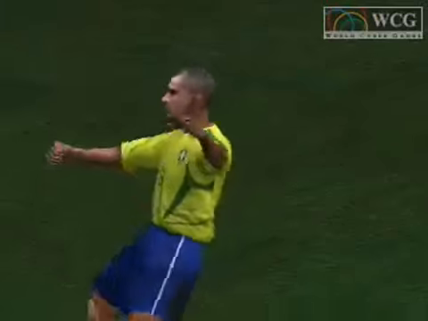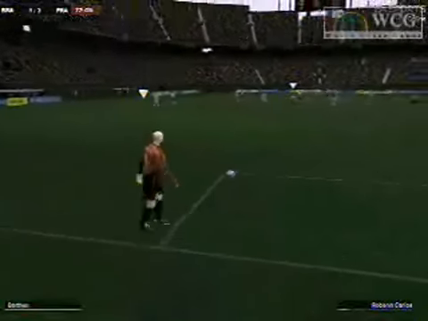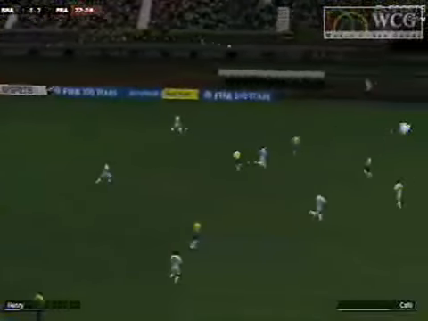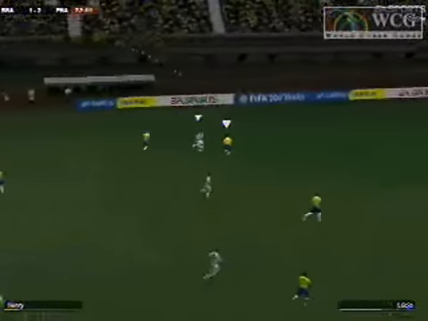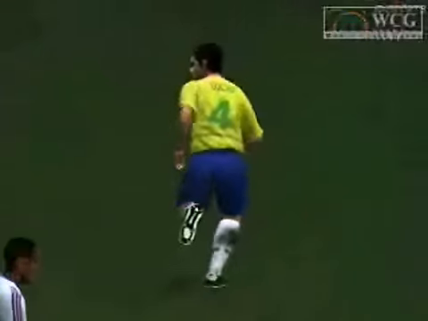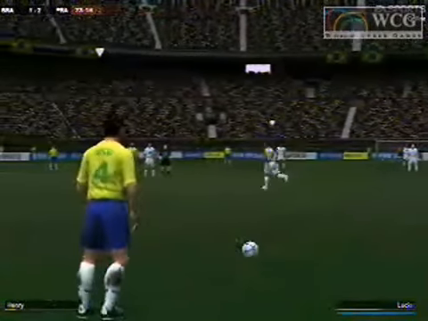But Brazil's going to try and answer back. Roberto Carlos had a chance, takes the shot, and Barthez lets it go by him, setting up a goal kick for Barthez. Barthez now sending the ball to Henry. Henry to Lucio. Lucio gets the foul, though. We're going to see Lucio draw the foul from Henry, and Lucio with the free kick.